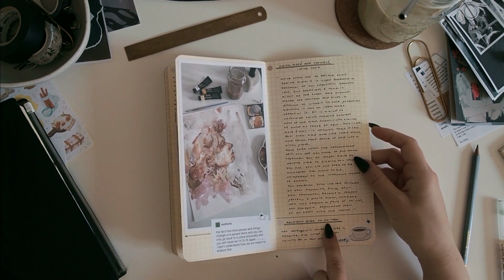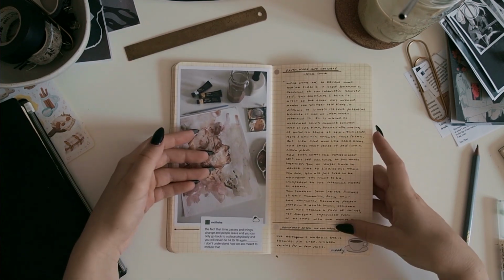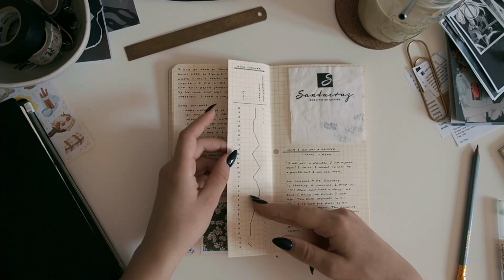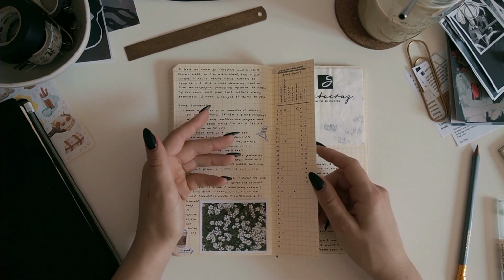Brain dump after an odd week. Oh, something that I started doing is titling entries. I don't always do it, but I think it's nice for referring back to things. The tracker, I set it up as a Dutch door because I didn't really need a full spread. I really like these. I think they add a lot of character to a book,